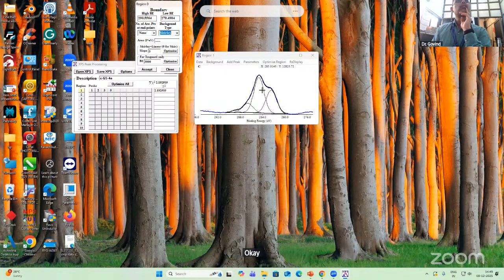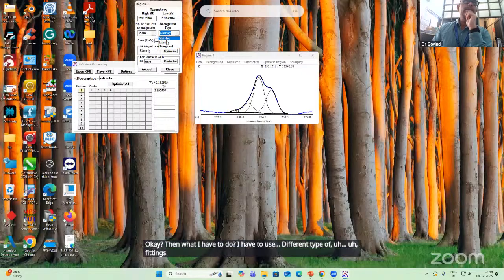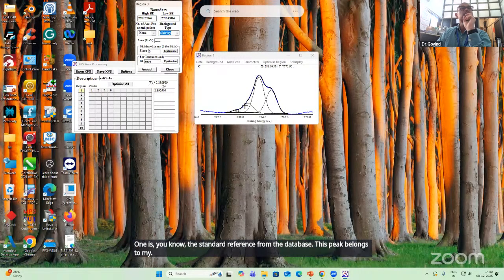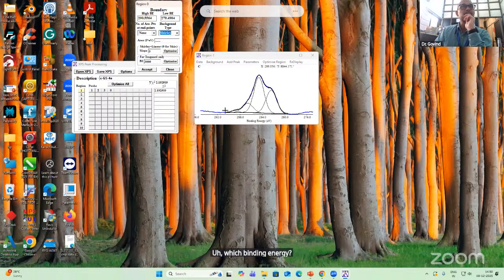Okay, then what I have to do, I have to use different types of fittings. Most of the time, a Shirley or linear kind of fitting is used for XPS. Okay, so we have to see this reference line with the fitting, and then we have to add the peak. Now, how to add the peak? One is the standard reference from the database. This peak belongs to which binding energy, based on the asymmetry. Okay, so find out,